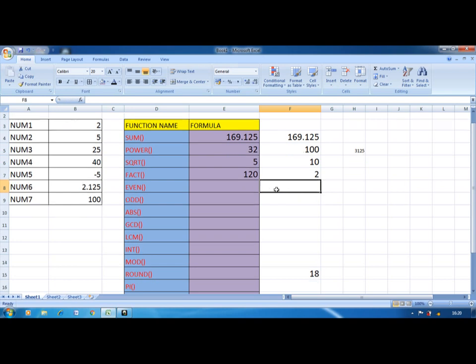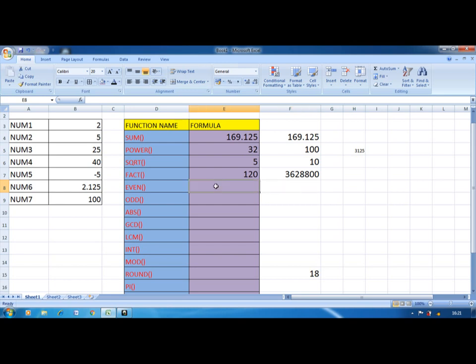Factorial of 2 is 2 only, because 2 into 1. And if I want to find the factorial of 10, equal to FACT, here instead of 2 I will make it 10. So it is 36,28,800. It means 10 into 9 is 90, 90 into 8 is 720, 720 into 7. Whatever the answer comes, it multiplies by 6, then whatever the answer comes, it multiplies by 5. Same way 4, 3, 2, 1.